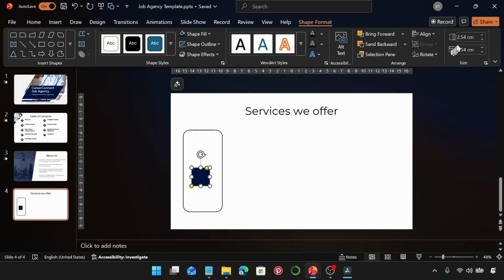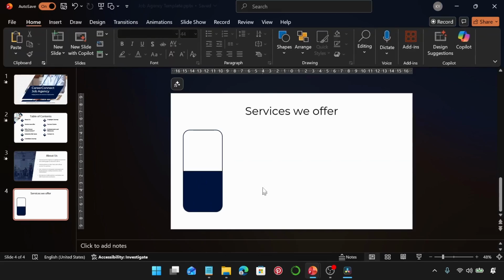I'm going to change the height to 5.75, and what I'm going to do is hold shift down, rotate it this other direction, just align it to the edge of this rectangle, expand it so it covers the entire width of this one,